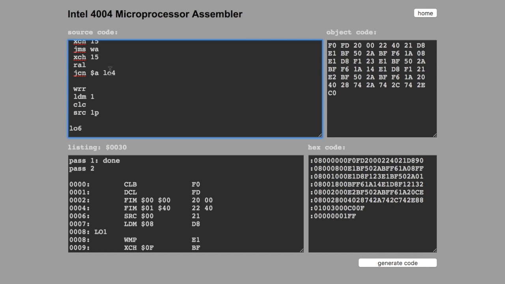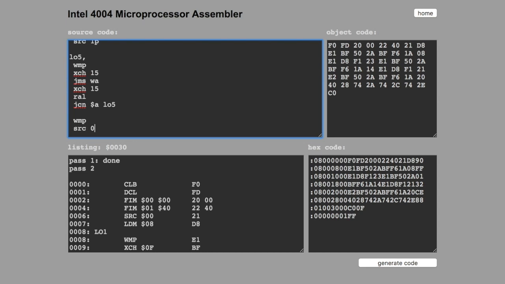Doing another loop, 4, 5. Write memory port. The wait procedure, restoring the accumulator, rotate accumulator left, jump on condition 10 to loop 5, and the last one, write memory port,